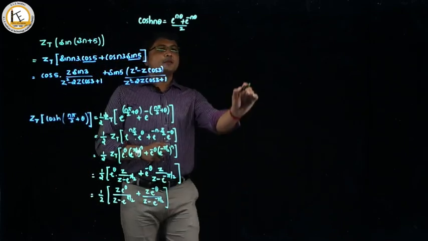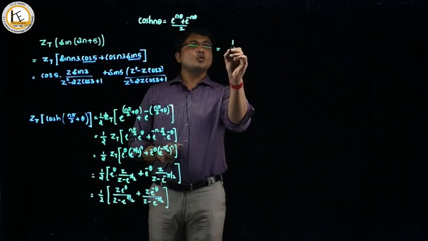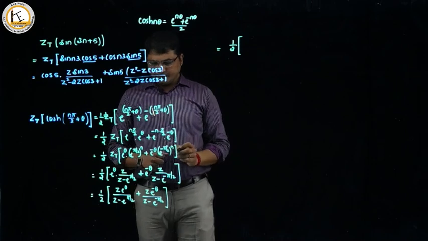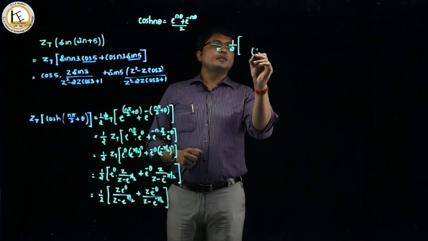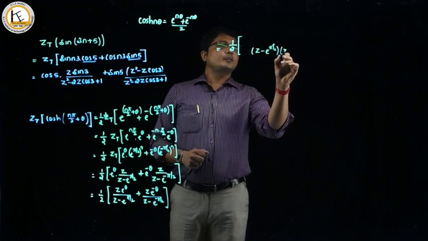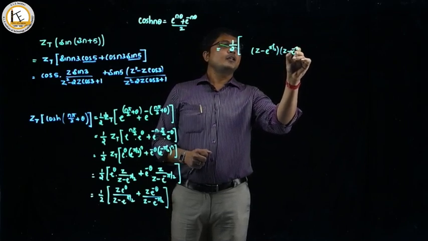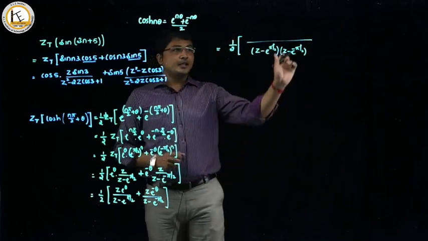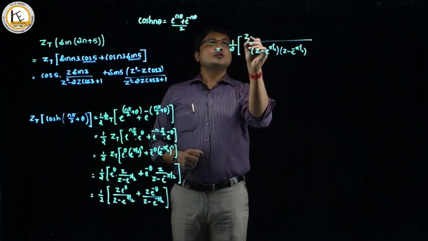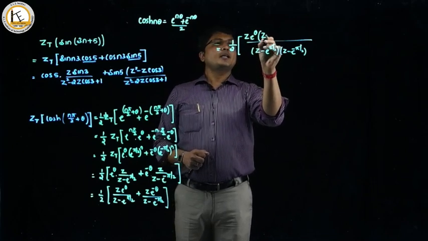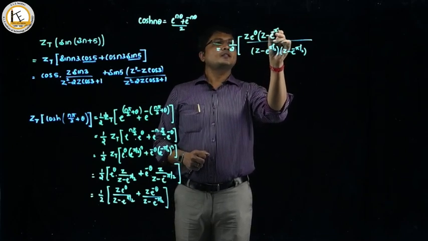The next step will be 1 by 2 as it is, taking LCM. Obviously LCM will be z minus e raised to iθ into z minus e raised to minus iθ. Now just cross multiplying, we have z into e raised to iθ into bracket z minus e raised to minus iθ